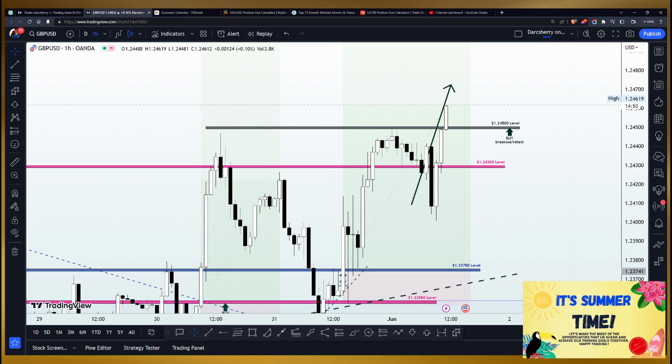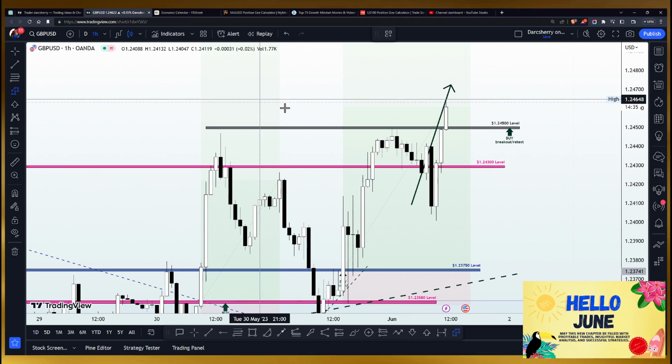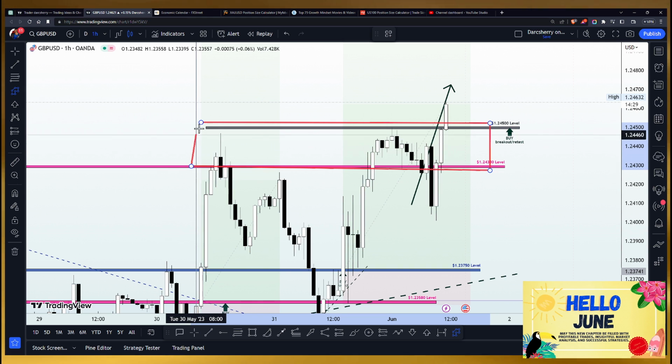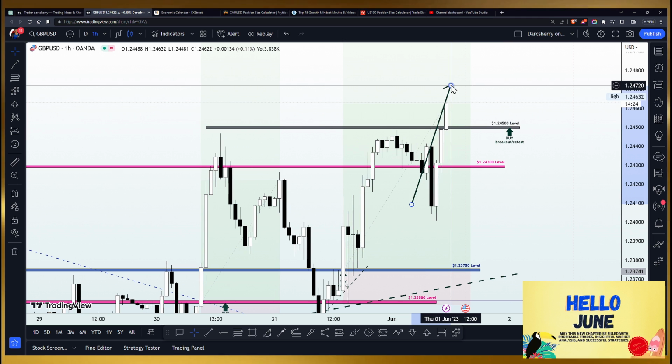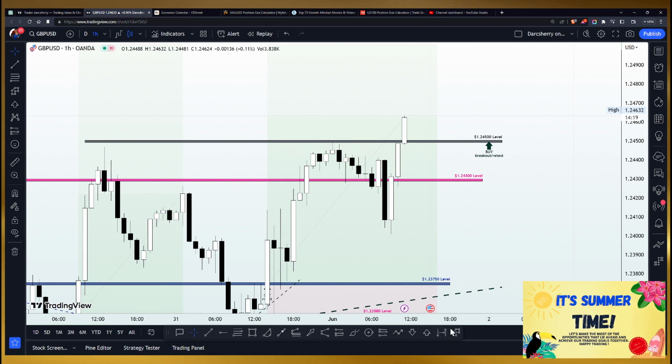Okay, so we were talking about the bullish expectations here. That is for those who had missed out on the bullish expectations since yesterday, and for those who intend to maximize the potential move in this market, that we want to be seeing a breakout of the 1.245, and this will give us a signal that buyers are finally taking out all the sell positions around this area for us to buy the GBPUSD for today, which has actually happened. But if you had missed out on that opportunity, it's okay. I still have an inclination that price will still come back to retest that structure, so we want to be on standby to catch that move as well.